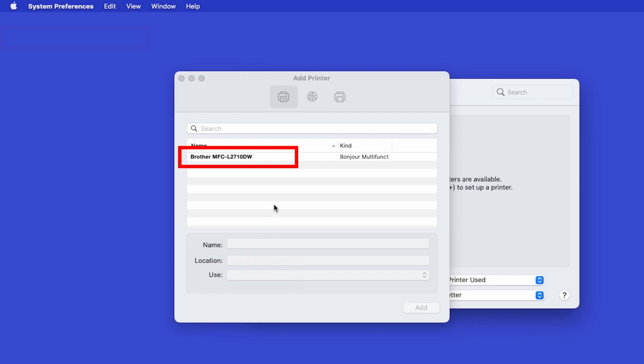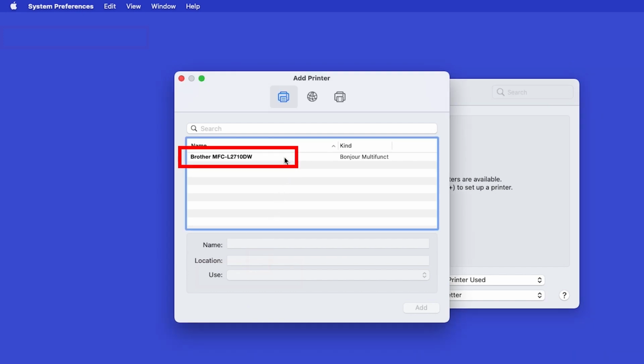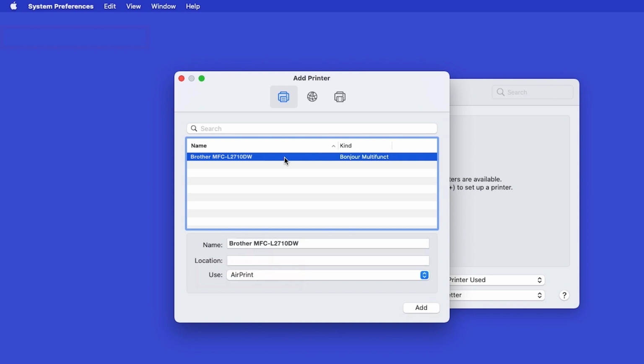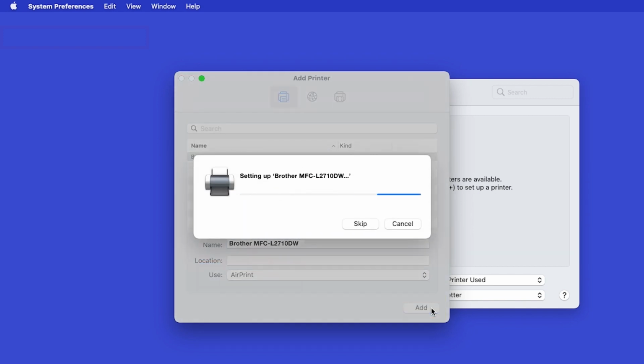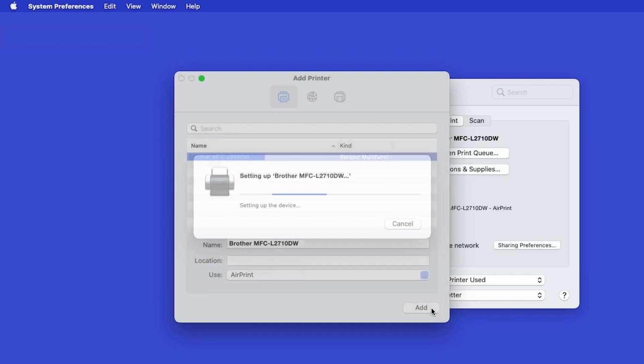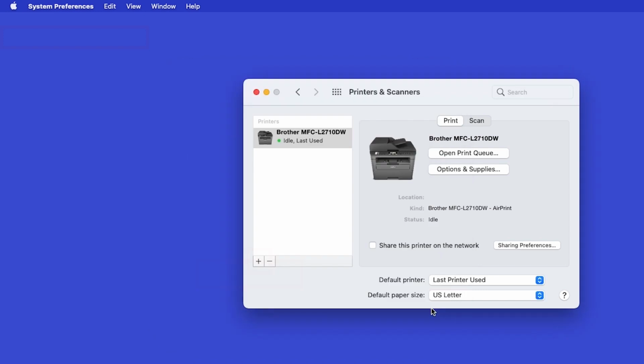Your machine should now display in the Add Printers window. Select your Brother machine from the list. In the Use dropdown, verify that AirPrint has been selected. Then click Add. If your machine is not found, it is most likely due to an error in device discovery